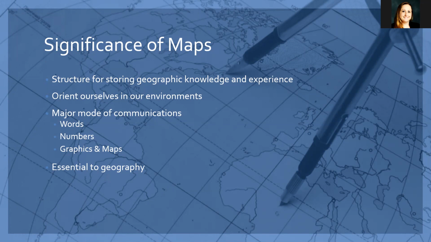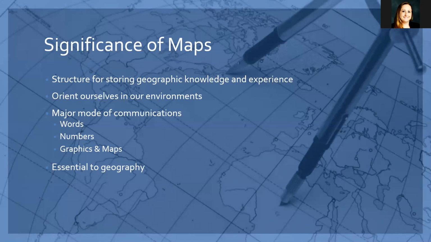Moreover, maps give us a means not only for storing information, but for analyzing it, comparing it, generalizing, or abstracting from it. From thousands of separate experiences of places, we create larger spatial clusters that become neighborhoods, districts, routes, regions, countries, all in relation to one another. It has been argued that maps are one of the three major modes of communication, along with words and numbers. Maps are at the heart of geography, essential to the discipline, and have been designated as its distinctive language.